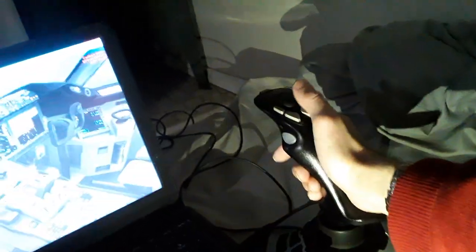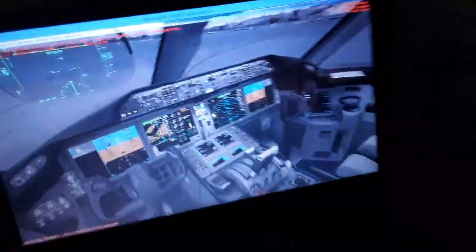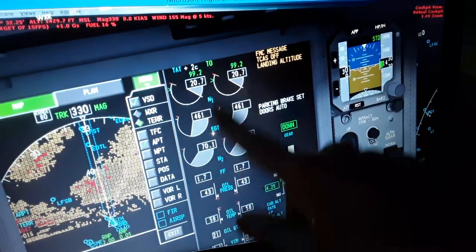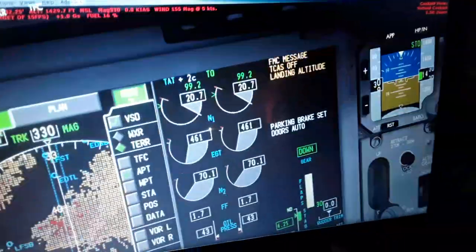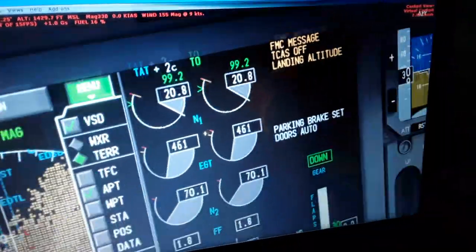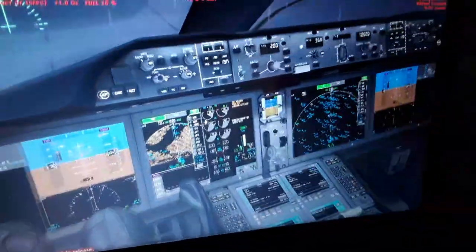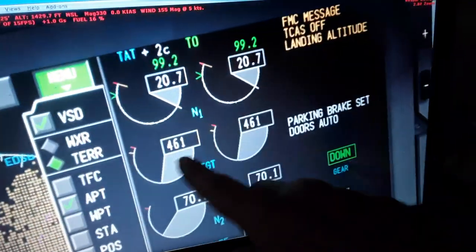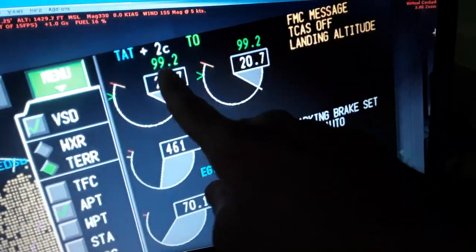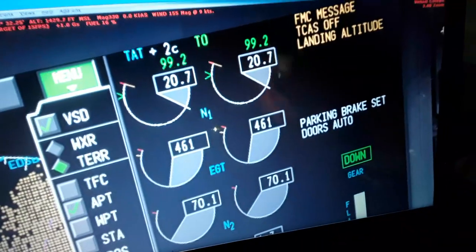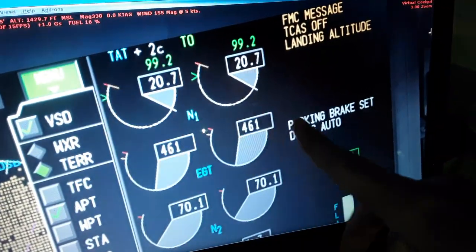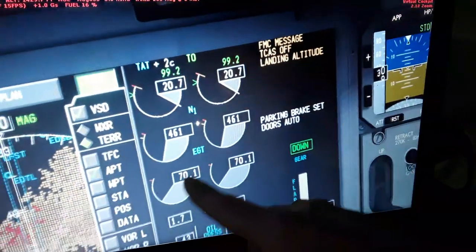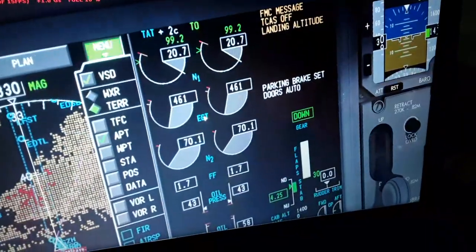So I'm gonna talk to you about the engine indications also displayed from the FADEC. So you can see the left and the right engine indication. We have the N1, which is the low speed spool and low pressure compressor and turbine of the turbofan engine over here. The exhaust gas temperature, the takeoff limit 99.2% and the idle thrust right now at 80.7, the red, green, yellow limits. The N2, which is the high speed spool and high pressure compressor and turbine of the turbofan engine,